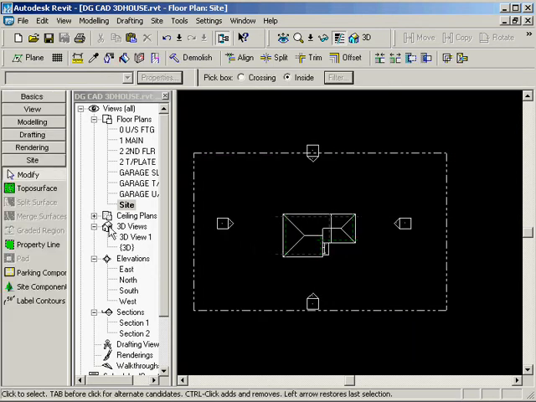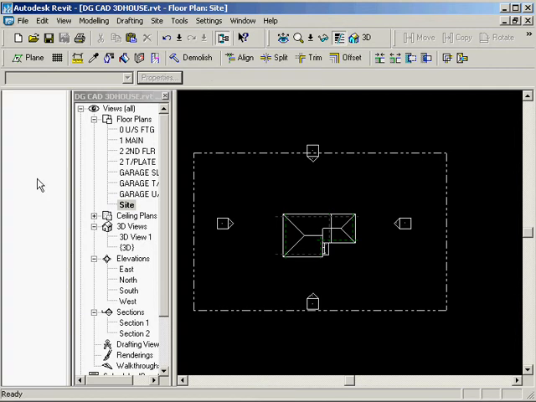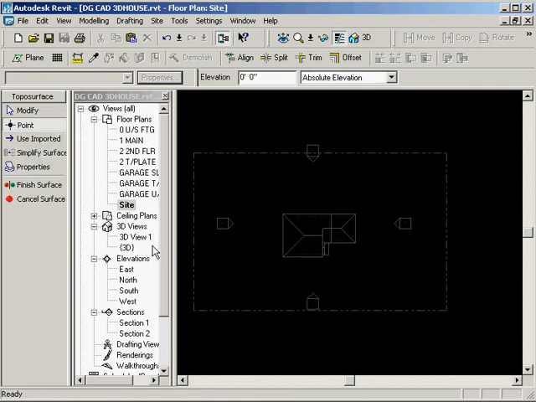From there, I go into topo surface, and inside of topo surface I place points, and these are going to be elevation points. So let's say we're going to slope from this high point up here, and then it slopes down towards here. So elevation, this is off of 0, 0. We need that to be probably 3 feet below grade. So I'm going to put a point in there, and that basically represents 3 feet below. Let's say we have another 3-footer there and another 3-footer there. Now I'm going to go up and slope down to